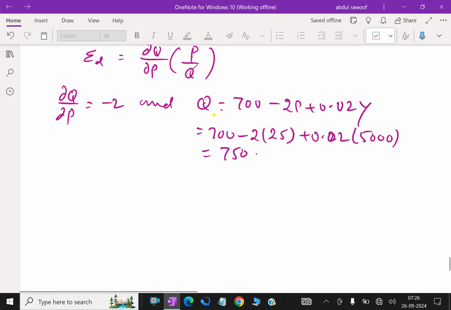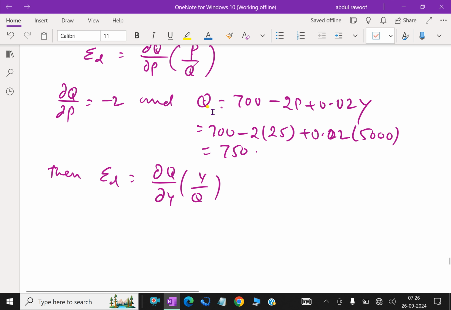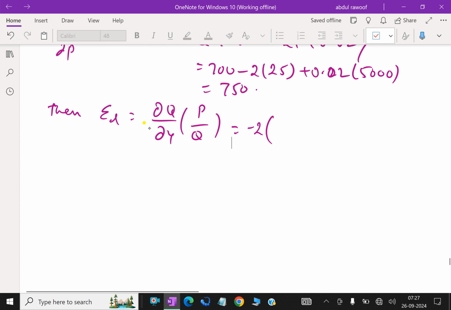Then sigma D equals dou Q by dou P into P over Q, not Y over Q, which is equal to minus 2 into 25 over 750, which equals minus 0.067 by calculation. Next one,